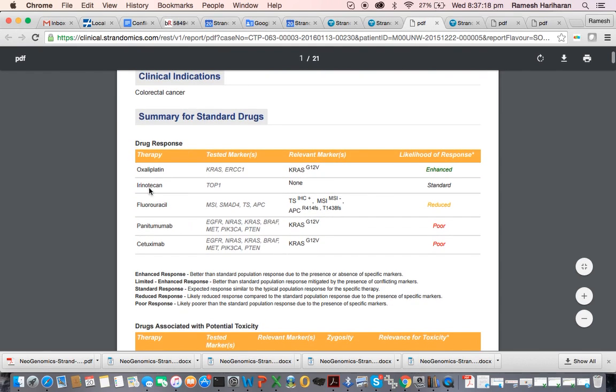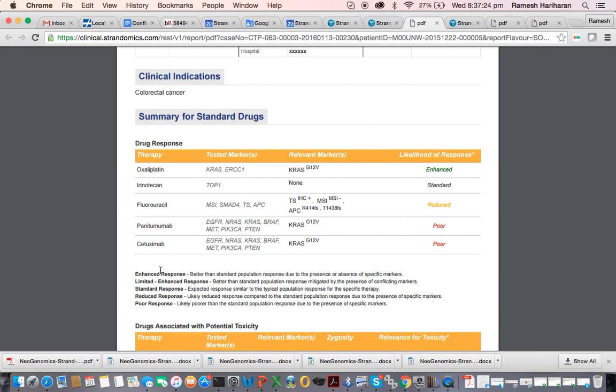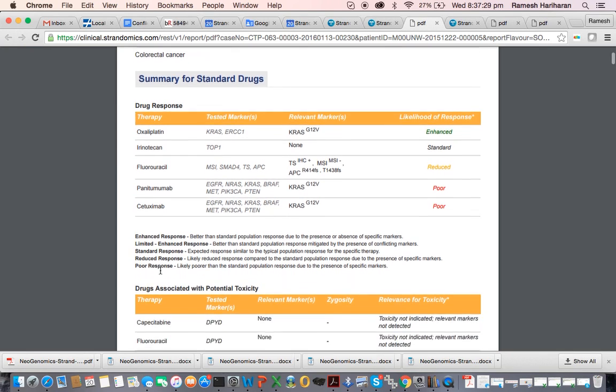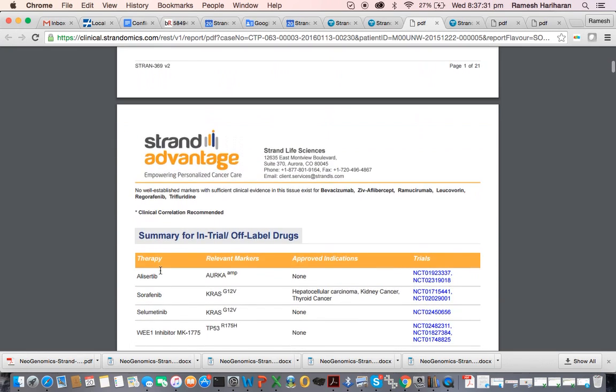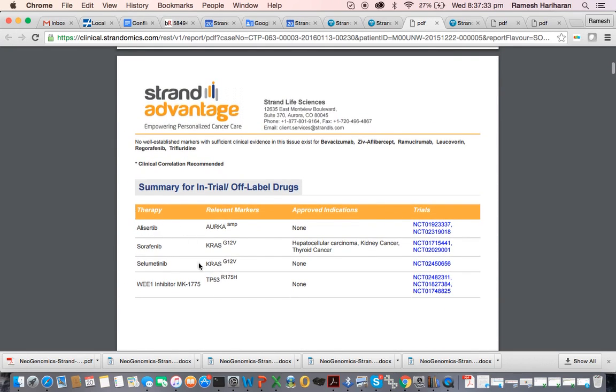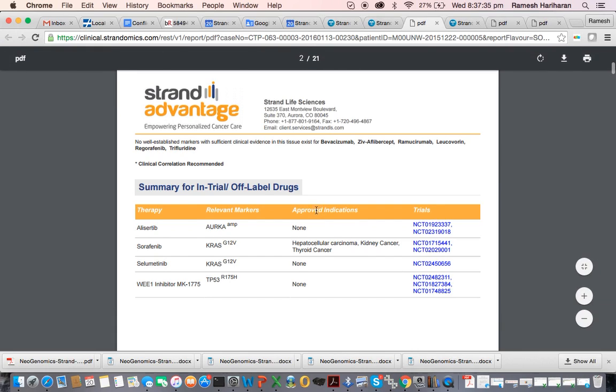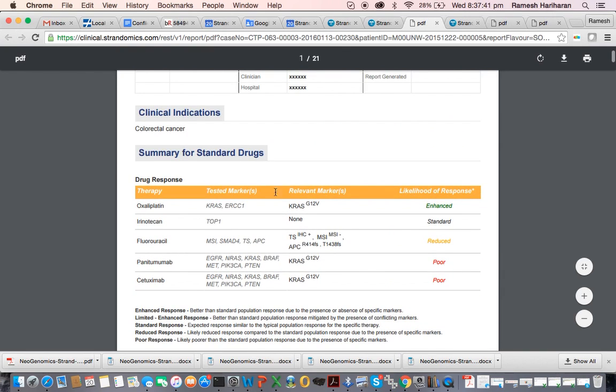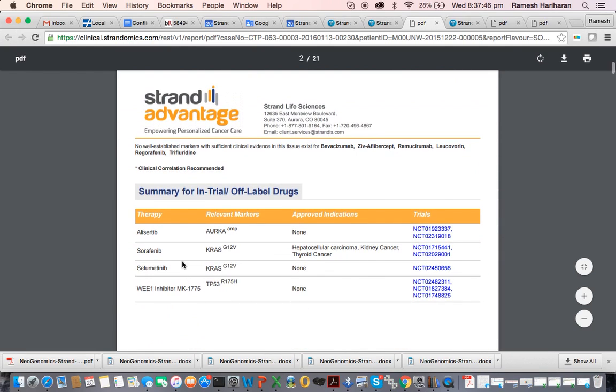The indication, the standard of care report, which we talked about earlier, the drugs that are specifically relevant, specifically approved and used for colorectal cancer. And then this is the investigational section, the drugs that were picked up, and the trials, and which marker they were based on. So that's the front page, as easy as that. One look at the standard of care drugs, and one look at what repurposing or clinical trial